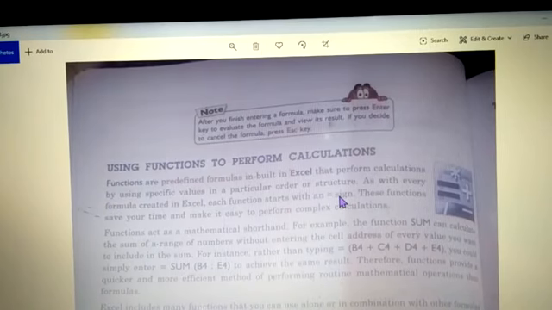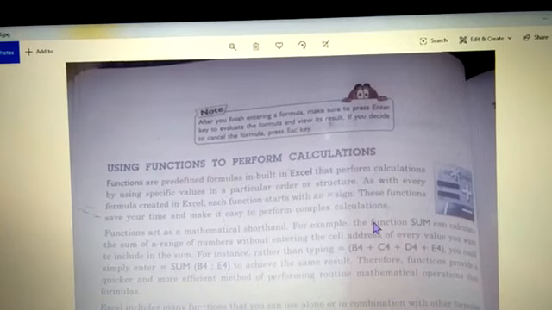But what is the difference between formula and function then, if it is starting with equal to sign? In formula, children, we used to write equal to B1 plus B2 if you want to add the values of B1 and B2. But in function, after equal to sign there is some mathematical shorthand written.